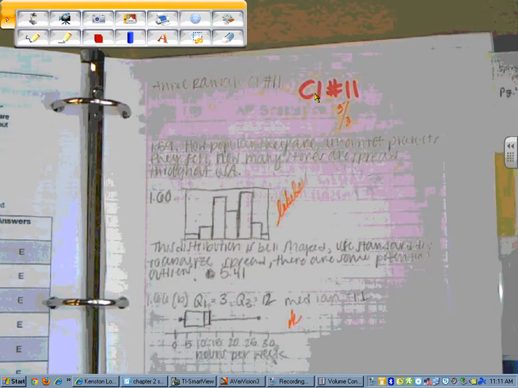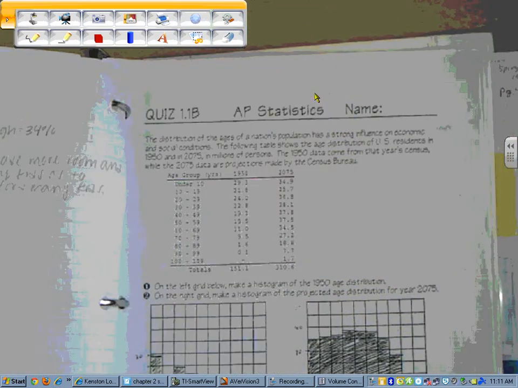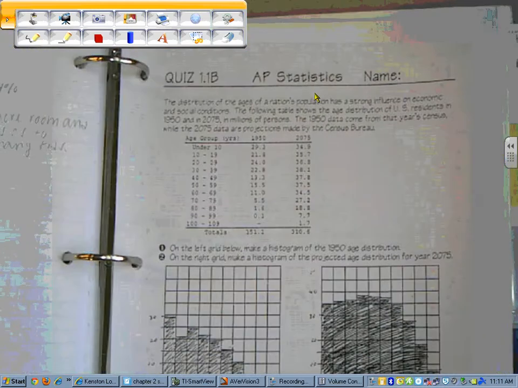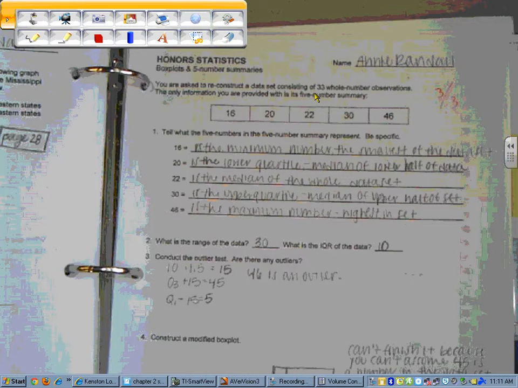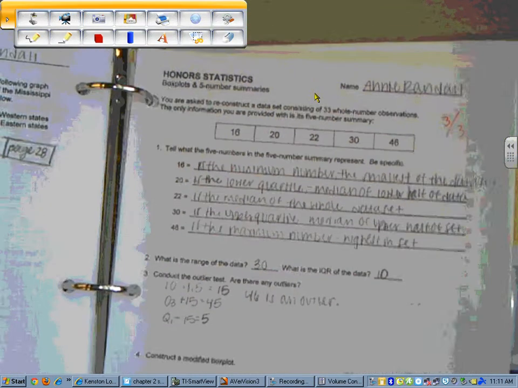Number 11 was bookwork. We did this assignment as a test review, this worksheet, and this test review assignment. On the back side we have the double ogive. We did this assignment in groups,